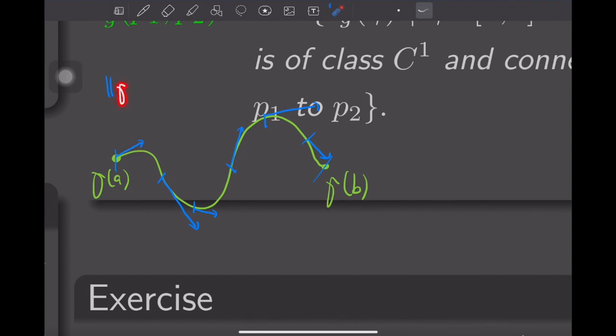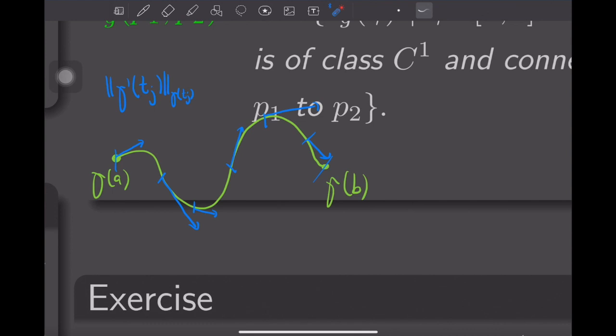So of gamma prime of t, in this case t0, for a general one it would be tj. And this norm is of course measured at the point gamma of tj, times the amount of time,